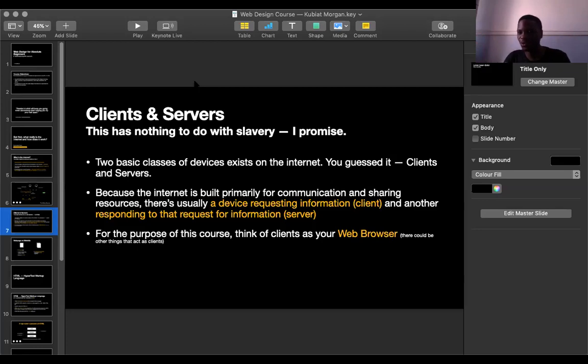Now, you might ask, why am I bringing up this part about the internet and everything? The thing is this: if you're going to be a web designer, your work is basically going to be writing documents that are going to be transmitted on the web.